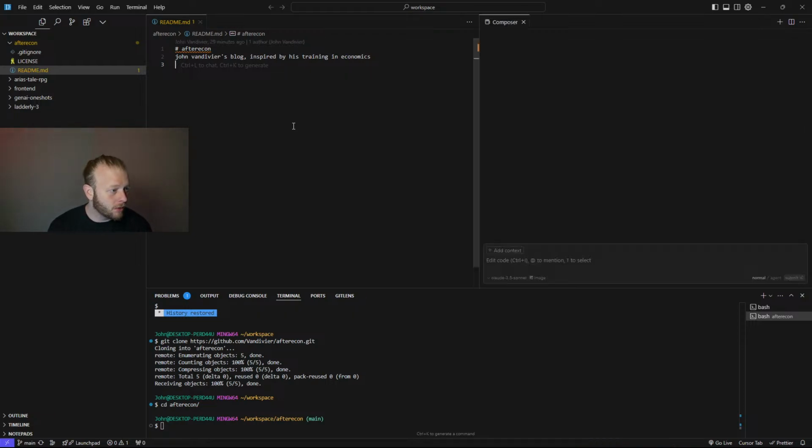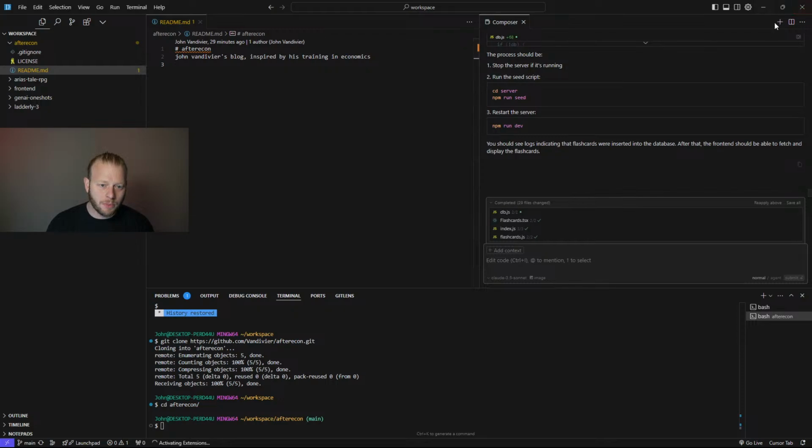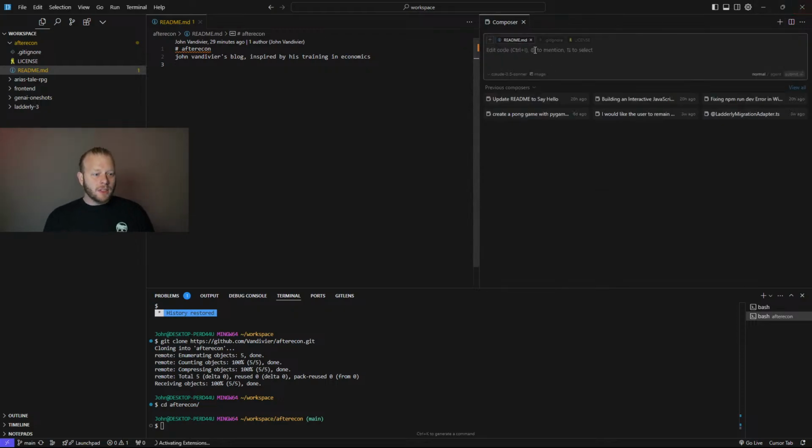So I will start with a new composer, fresh context. And you can see it's already brought in the README precisely because I created it and I had it open. I'm not sure, but I think having some text in there also helps instead of having a blank README. The tools, really particularly the Cursor agent, seem to be able to attach better to a non-blank file. So here I have this README, and I'll give it some instructions.